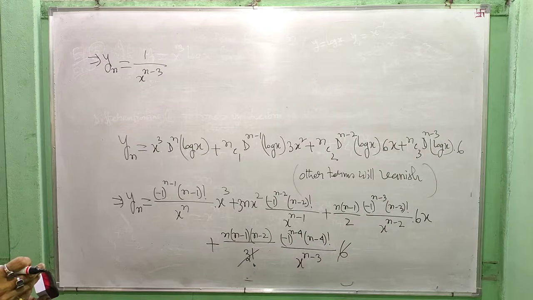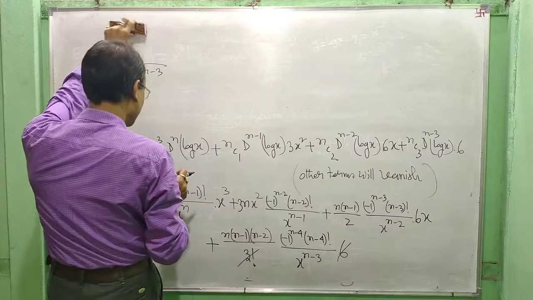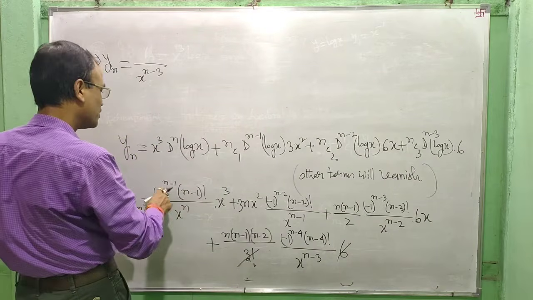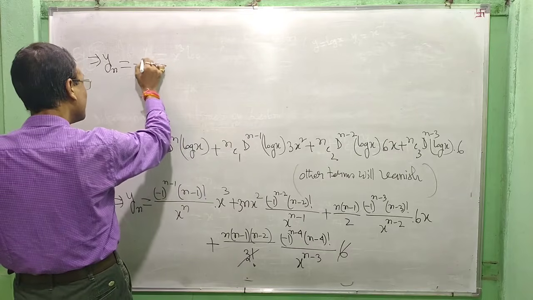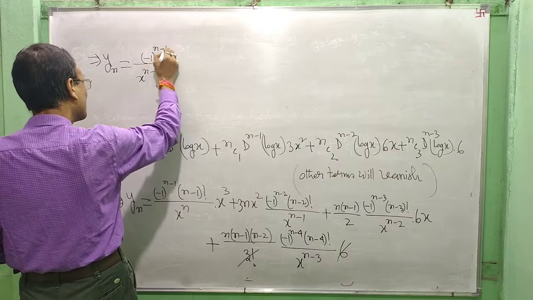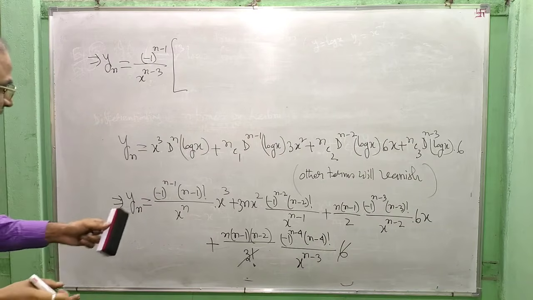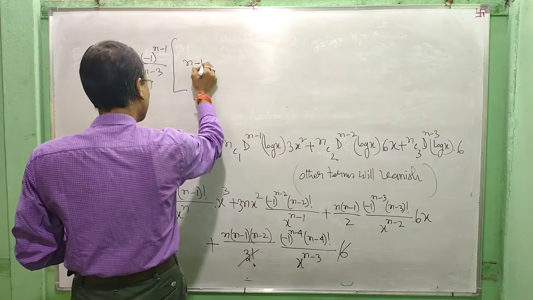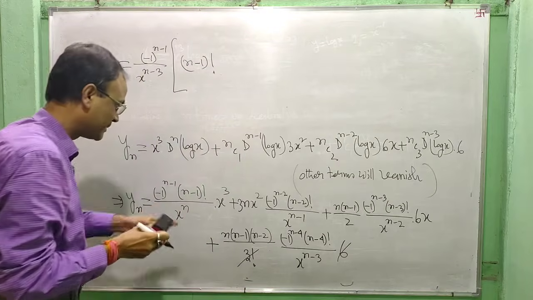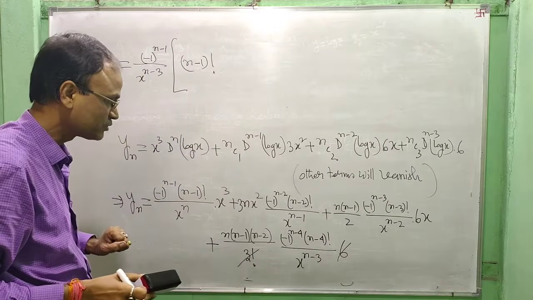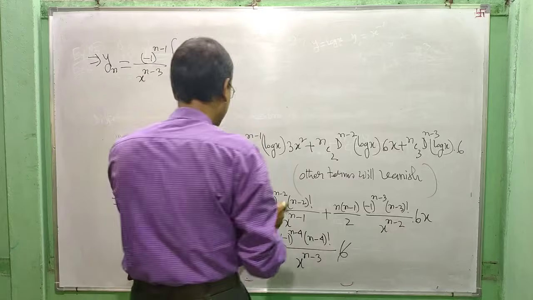Also, minus 1 whole to the power n minus 1, take this also common. Then you will get here n minus 1 factorial, n minus 1 factorial, plus